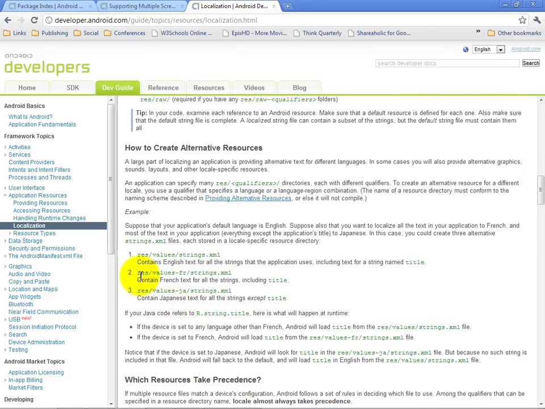Here's a good one. So here we have the res/values/strings.xml file for the English text of all the strings in the app. Then we could have res/values-fr/strings.xml for the French text, and values-ja would represent the folder for Japanese text strings that we want to use inside of our app. And again, if we go ahead and use these different properly named folders, the Android operating system is capable of recognizing qualifiers like -fr and -ja for string resources,